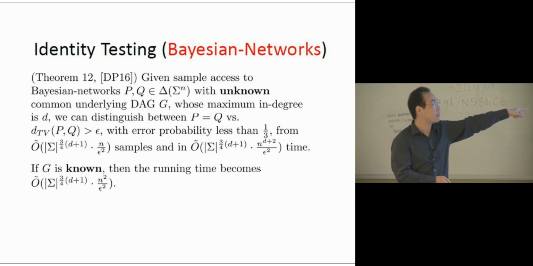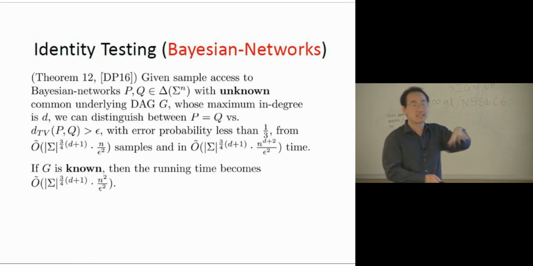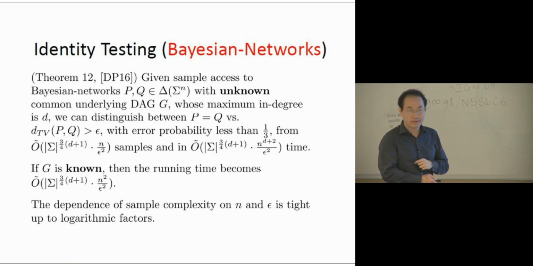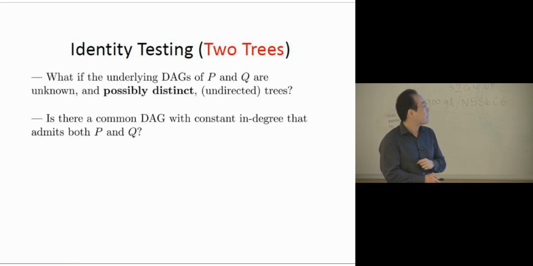But actually, if we know the underlying DAG G, then we know exactly what neighborhoods to test for. So the running time also goes down to n squared. The dependency is optimal. So very quickly, for trees: